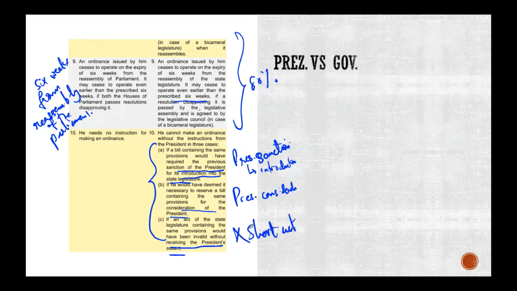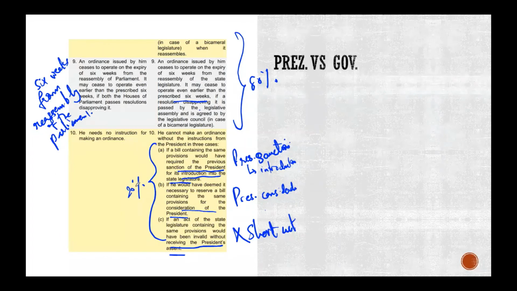It is not a shortcut. You cannot circumvent the role of the president when it comes to certain roles that the president has. Okay, so that is clear, right? So 80% of it is this, and this is 20%.